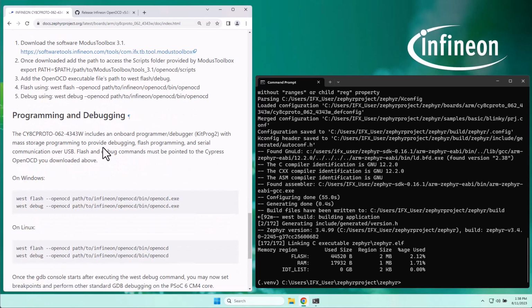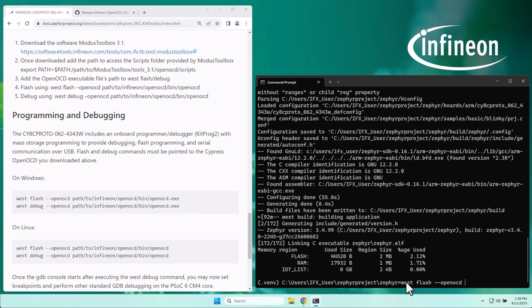On this Windows machine, I happen to already have Modus Toolbox installed, so I'll use that instance of OpenOCD in my west flash command. To program the blinky application to the board, I'll type in west flash --openocd.